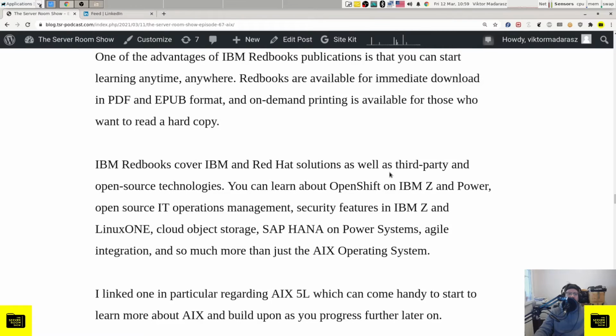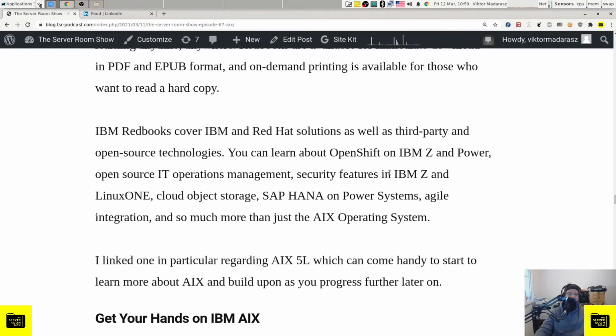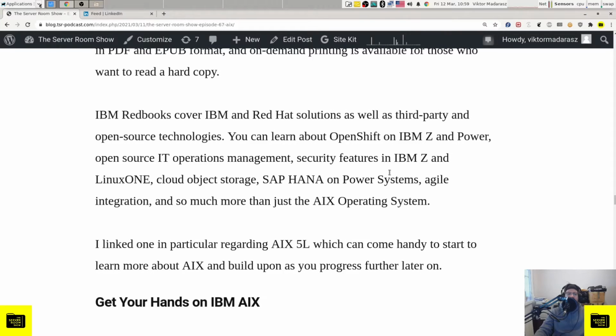IBM Redbooks cover IBM and Red Hat solutions, as well as third-party and open source technologies. You can learn about OpenShift on IBM Z and Power architectures, open source IT operations management, security features in IBM Z and LinuxONE, cloud object storage, SAP HANA on Power Systems, agile integration, and so much more than just the AIX operating system,